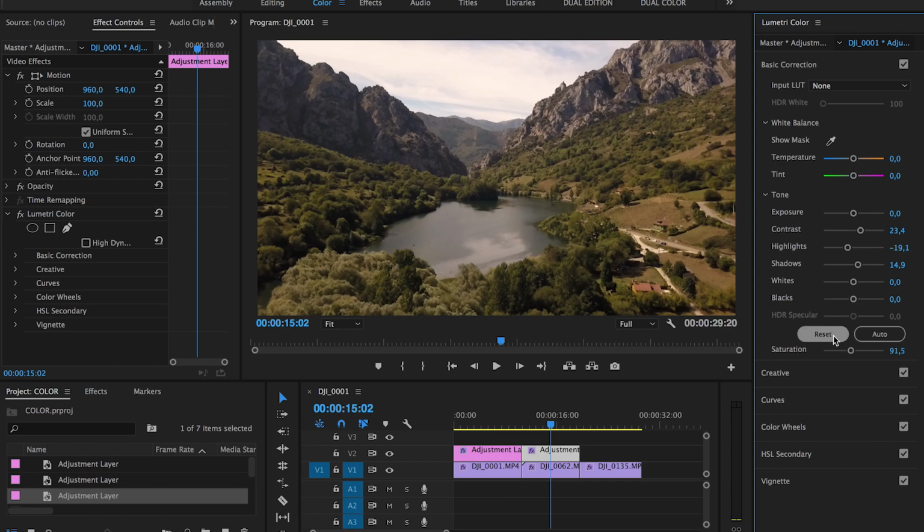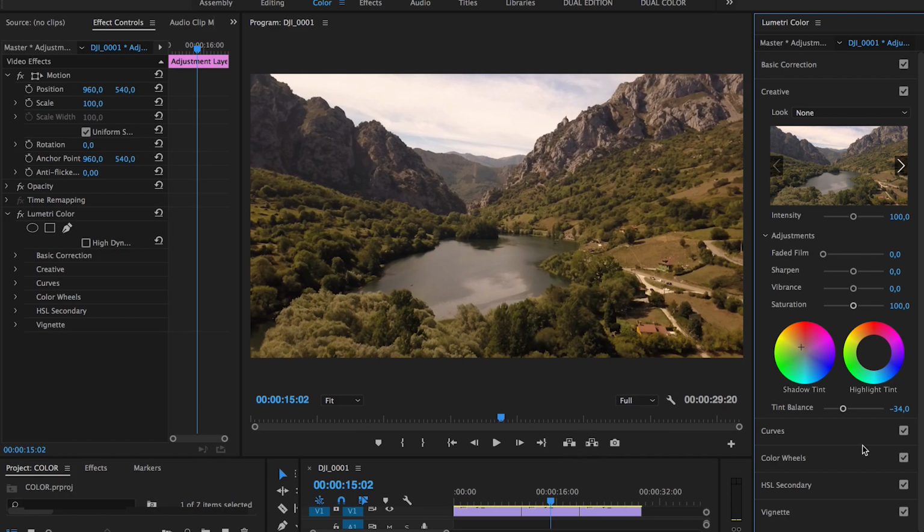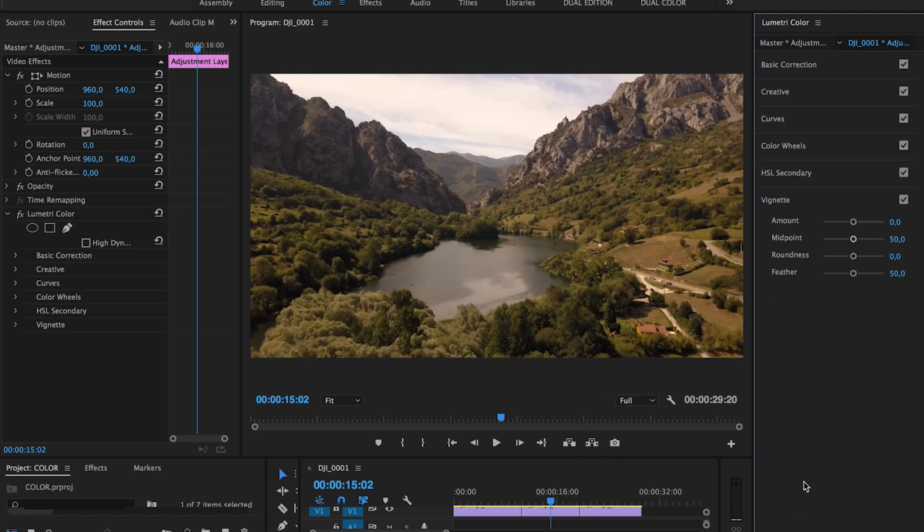So finally, in order to get that red light, we go to the creative part, and the shadow tint, we're gonna go into the red zone, a little bit orange, red, not too much again, but yeah, we want to also play with the tint balance. I don't know if you can see this, but we're gonna leave it somewhere here, I believe. Maybe increase this a little bit more so that we can actually have that dramatic look right now. And finally also the vignette, in order to get this